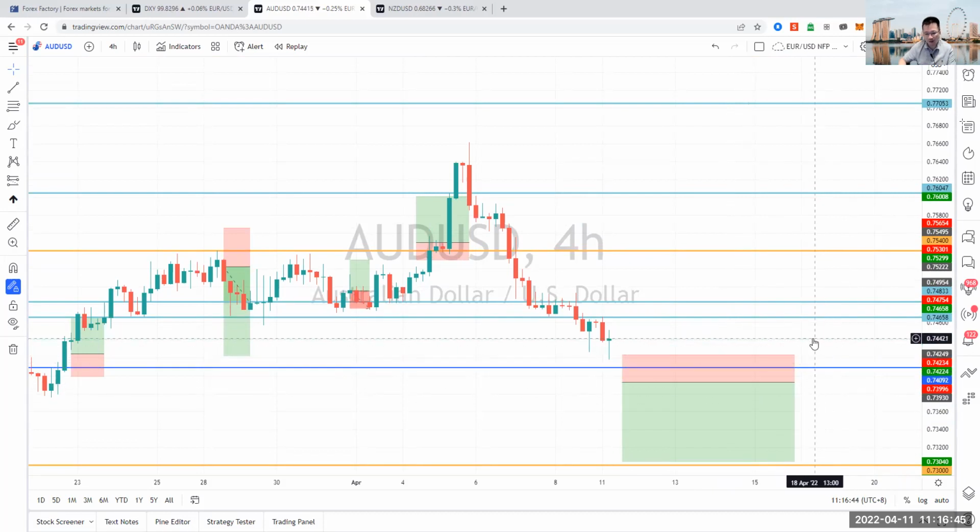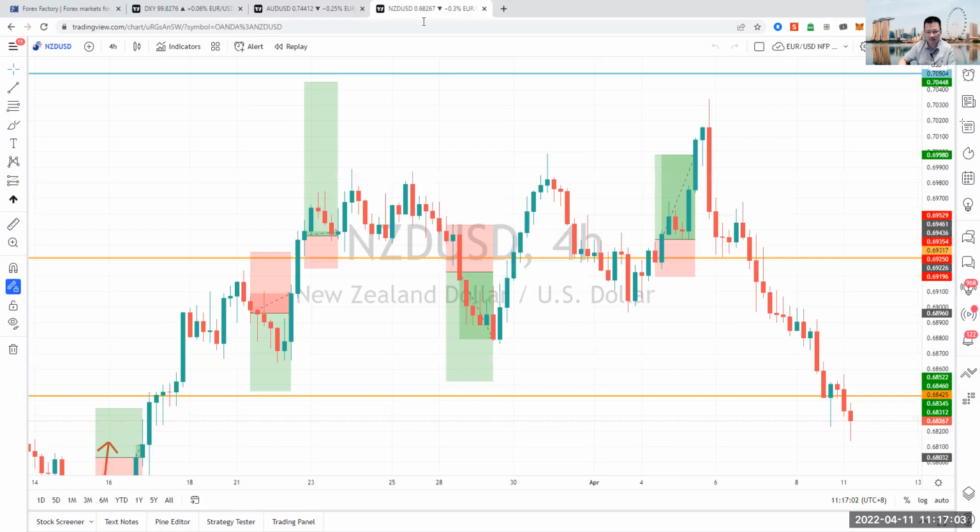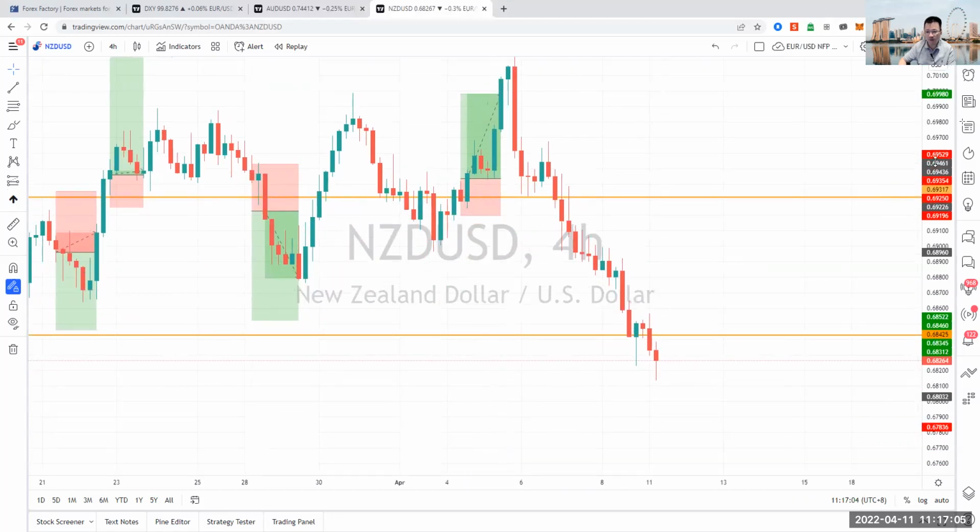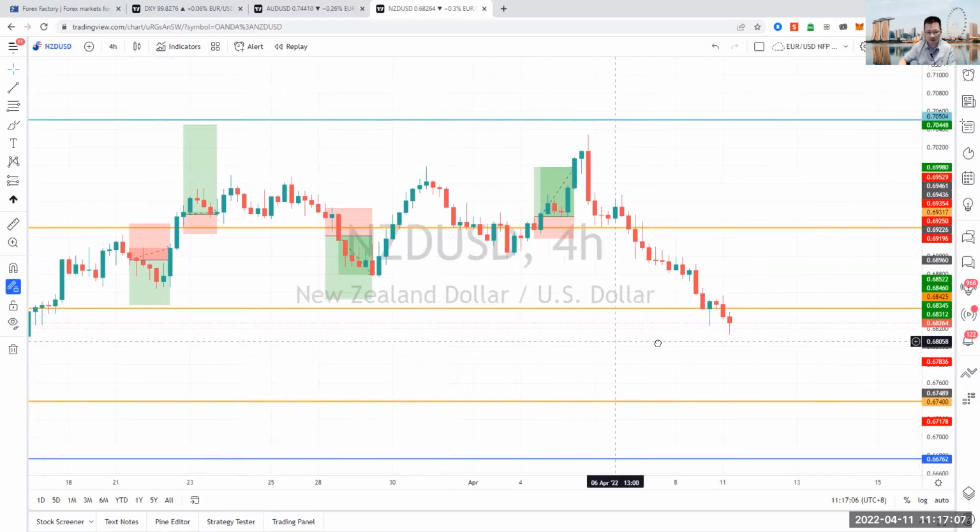But bear in mind that you would have to sit there and wait at this point. We have seen it test lower. I'm looking for it to break that support. So be patient there, wait for this trade to form, wait for it to develop, to test lower before jumping into that selling opportunity. With that, looking at the Kiwi actually forming up a lot nicer than the Aussie.